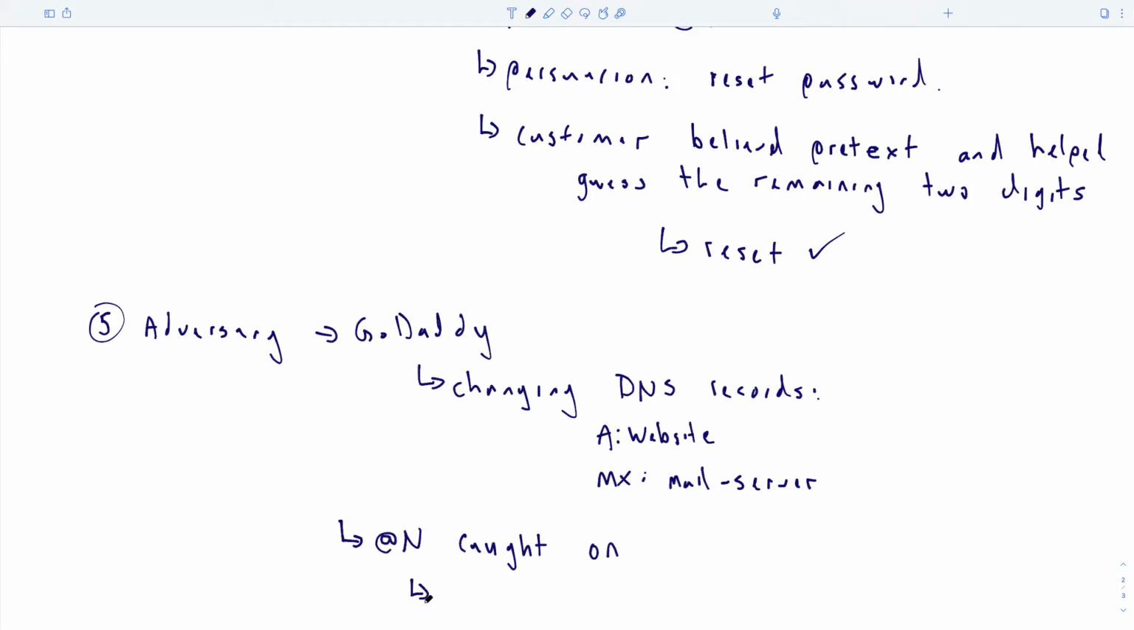Domain, I can't remember the exact story, but I know that domains sometimes take like 2-3 days to percolate around the DNS system. So it's not instant. If you go in and change the mail server, it's going to take a couple days. So @N knew it. They knew that this was coming in a couple days. And so they